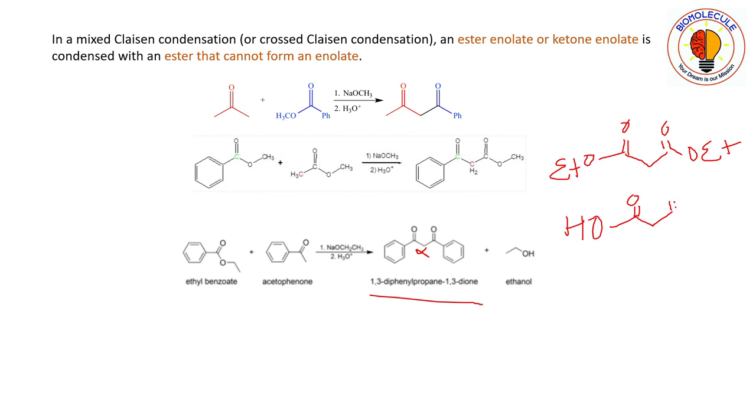Doebner modified these esters to acids, but here we see that these are ketones only. These groups are only ketones, so that's why I am saying it can undergo a Knoevenagel type reaction, not particularly Knoevenagel condensation. Since Knoevenagel contains this ester group and here it is a ketone group, I am saying it is Knoevenagel type. It can undergo it since it contains an active methylene group.